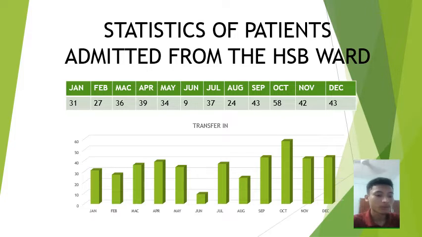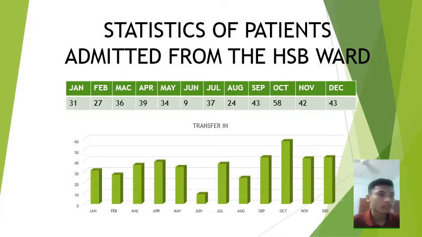Okay, next we move on to the graph. As we can see, the total of patient in January is 31. Then it declined and rose again to 39 patients in April. Next, in May, the statistic went down a little to 34 patients and dropped sharply in June with a total of 9 patients. In June, it is the lowest statistic of patient admitted from HSB ward